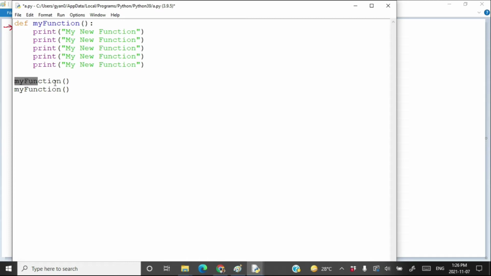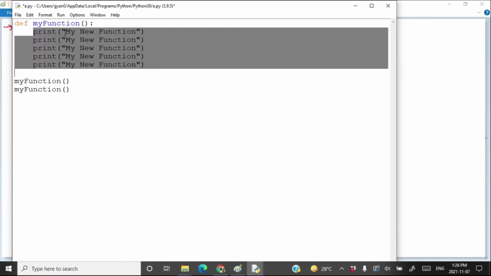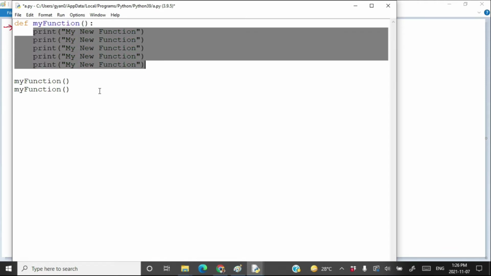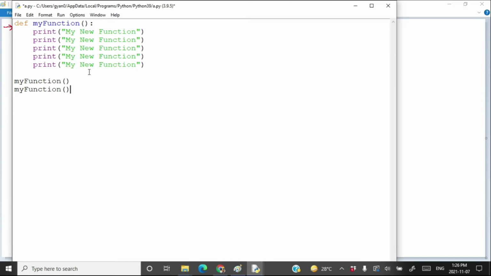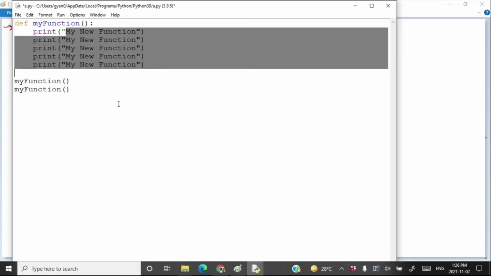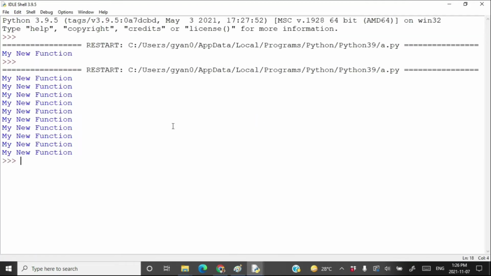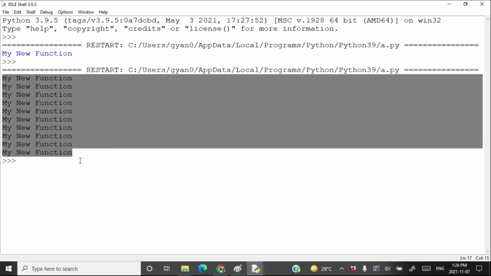So here we have called my function twice, therefore all the statements written in the my function body will execute twice. And we will end up printing this statement 10 times. Save it, run module, and here is my output.